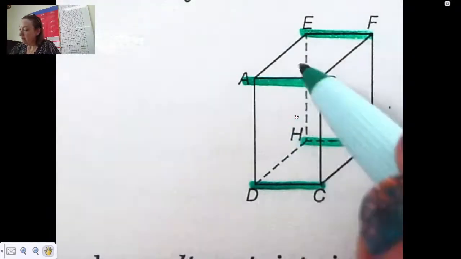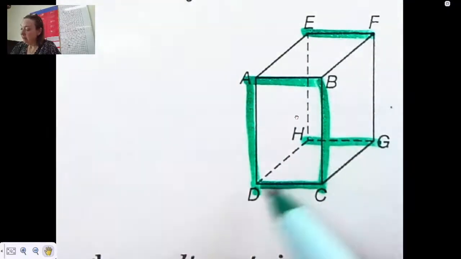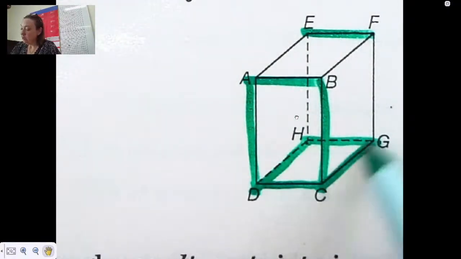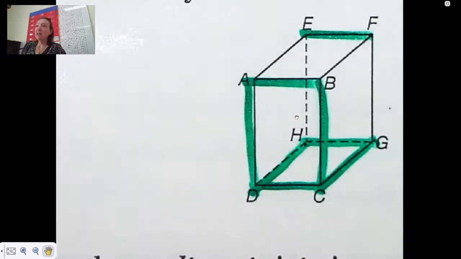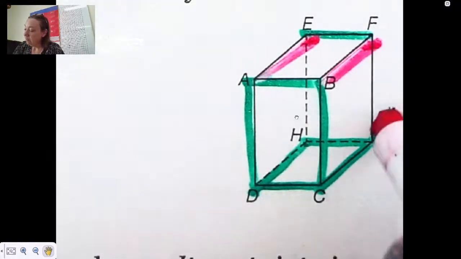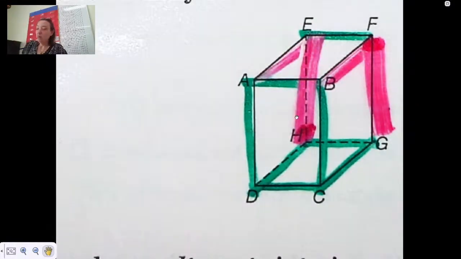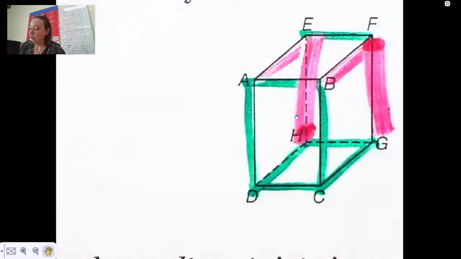AC. BC. AD. DH. And HG, okay? Now, everything that's left is skew, because everything that's not parallel and not intersecting is a skew line. So that means AE, BF, FG, and EH. So if we were writing this as our answer, we would write